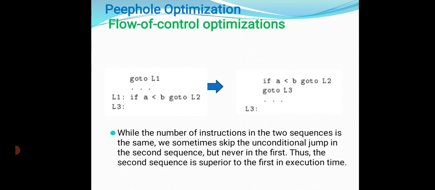So this code can be optimized by comparing the value of A and B in the first statement, and if A is less than B, then go to L2, and the second statement is go to L3. While looking at the two scenarios, the two sequences look the same, but in the second case after optimization we sometimes skip the unconditional jump in the second sequence. So the second code is superior to the first code.